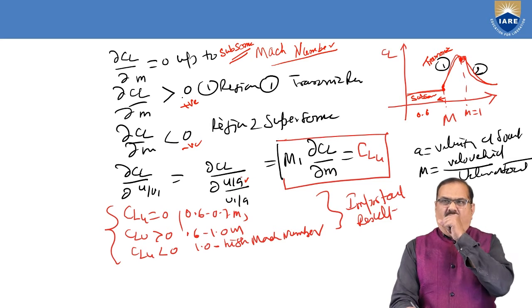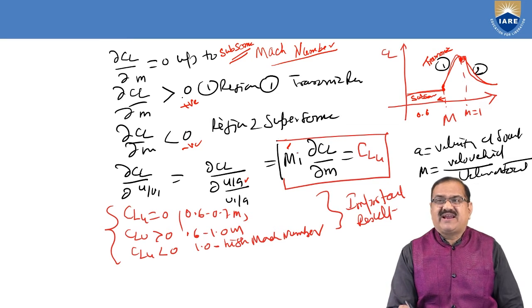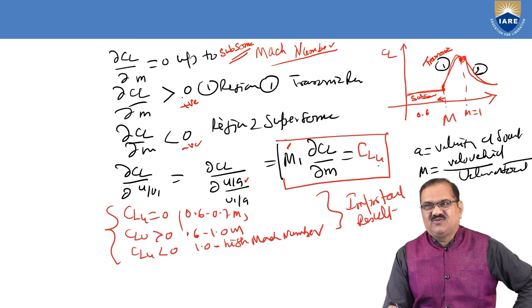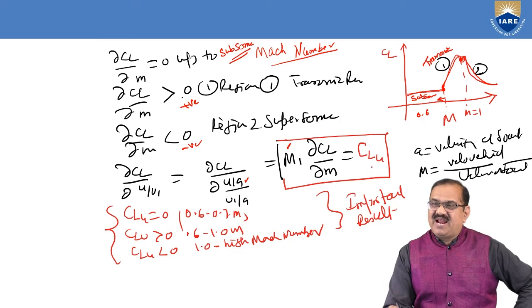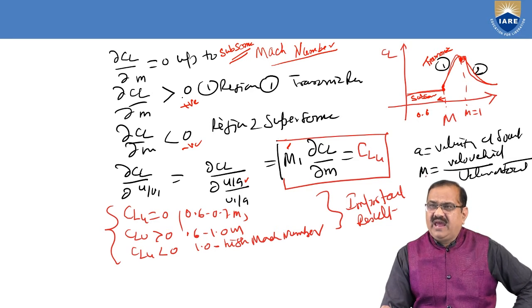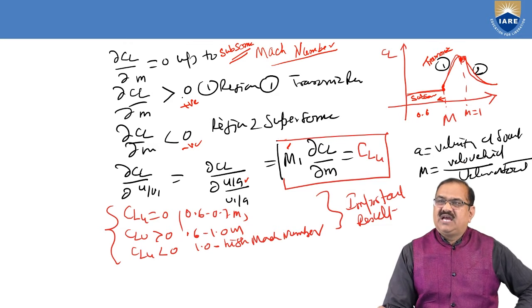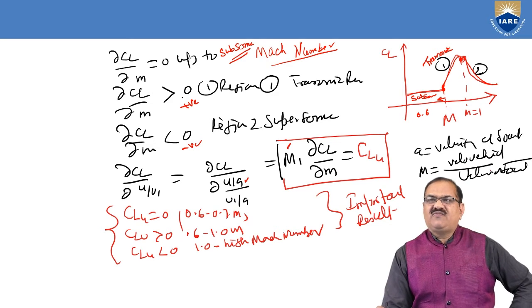This M1 is the steady state Mach number, and this is called CLu. A very, very important parameter that we have to understand very well, and it gives the state of the aircraft, whether it is in subsonic, supersonic or transonic range. a is the velocity of sound and M is the Mach number, which is the ratio of the velocity of a body to the velocity of sound.